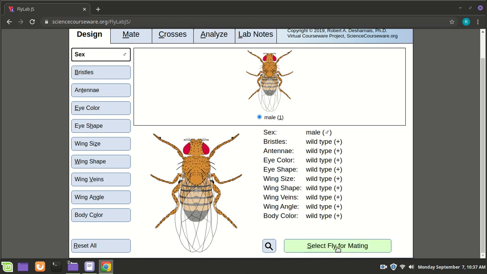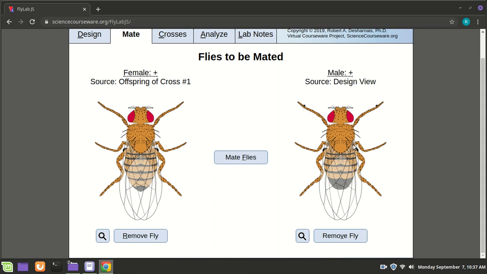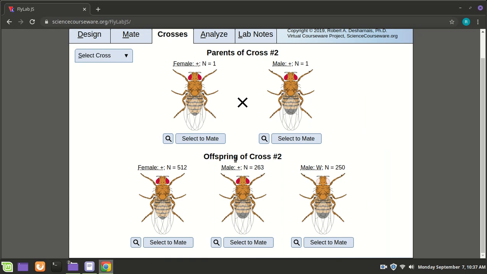Everything here is wild type. I'm going to select that. So we're selecting a wild type male fly. See, it even tells us right here. And we're going to cross it with this result of the female, which looks wild type, but probably isn't. It probably has some recessive genes, and we're going to mate those two. And sure enough, we kind of show this. We show that we have some females that look wild, some males that look wild, but we did end up with some males that had the white eyes,